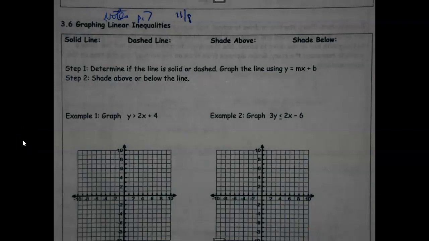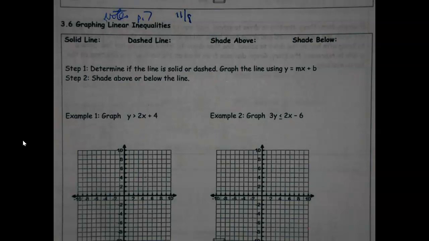Today, like I said, a linear inequality. You're like, okay, so what does that mean in English? It means we're going to draw lines with a little bit of a twist. And then we're going to do a little bit of coloring. We're going to do a little bit of shading as well. But we're going to have all the things that you need to make sure that you know how and when